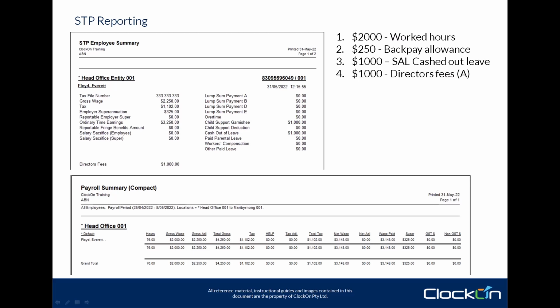So in the payroll that I generated, I had the employee with a $2,000 worked hours amount, so the gross wage section on the top of the payroll. I added a back pay allowance of $250. I did a $1,000 statutory annual leave cash out, so a payout, and I also added $1,000 in director's fees as a STP allowance. So if we have a look at these reports, you can see that